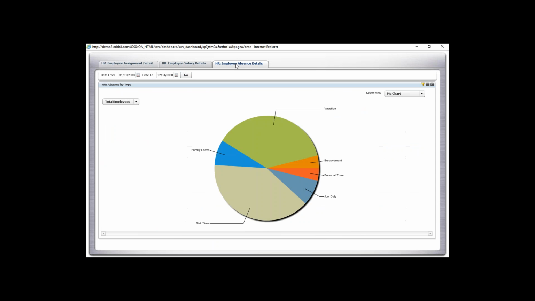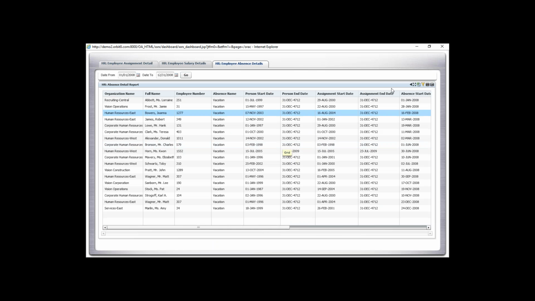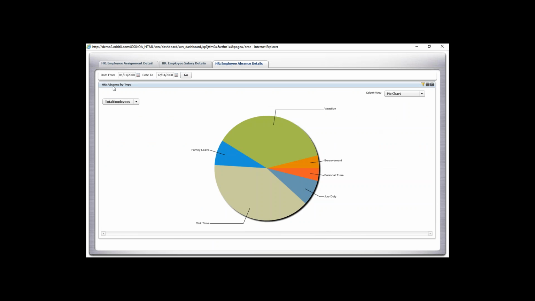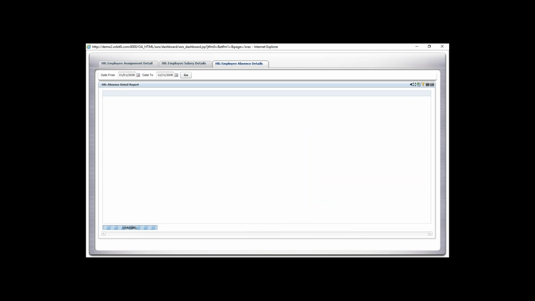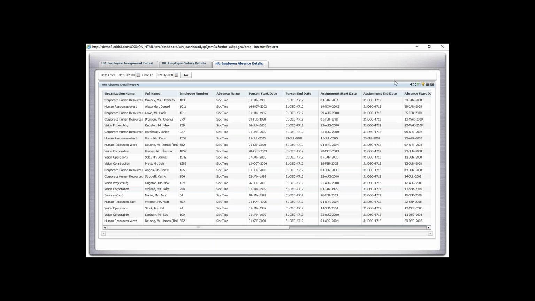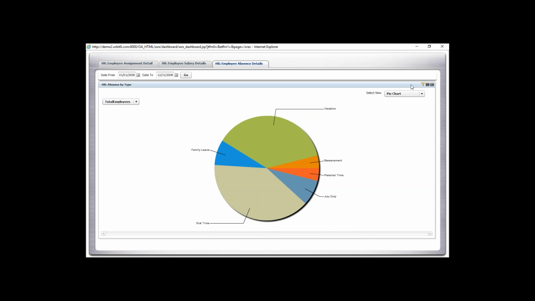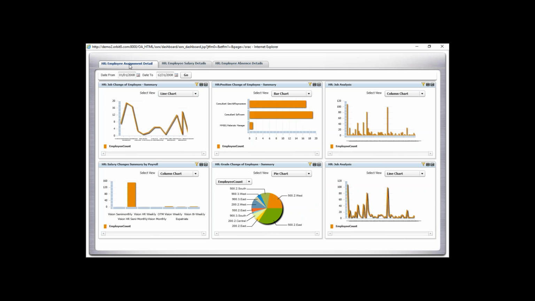And on this last example, we've got just a basic pie chart taking up the whole screen, and again with drill downs being maintained. So in this pie, what we're looking at is HR absences by type. So we can click on sick time, see who was sick, when they were sick, for how long they were sick, etc. And in an HR world, that's relevant. If you're in the financial world, it may not be, but you can see exactly how you can use these charts to your advantage. So now that you've seen a dashboard in action,